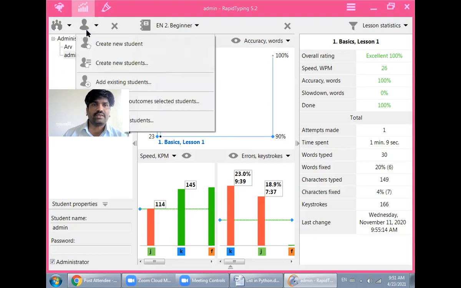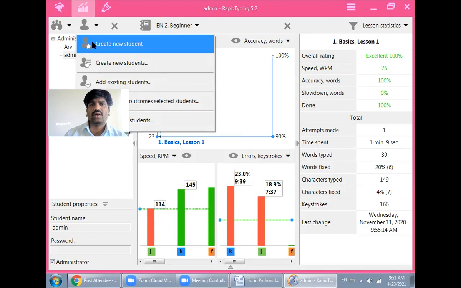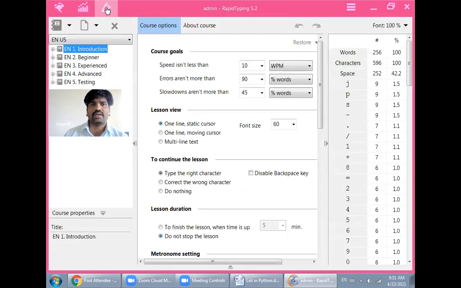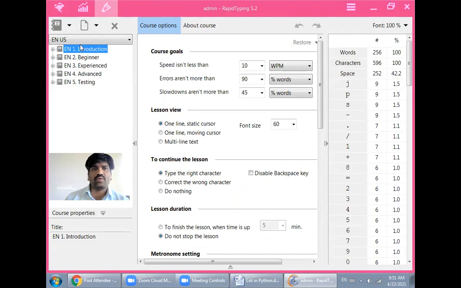Now from here you can create a new user. This software is used on the basis of user, so you can create a new user from here. Now the last button on the top left side is for editing the lesson. We can edit our lesson or add a new lesson from this button.